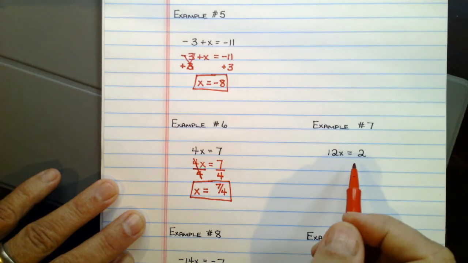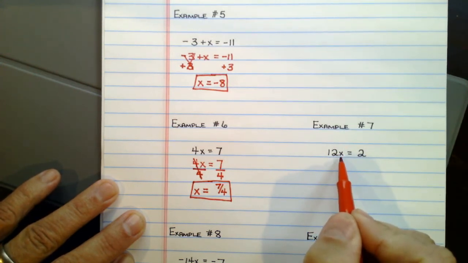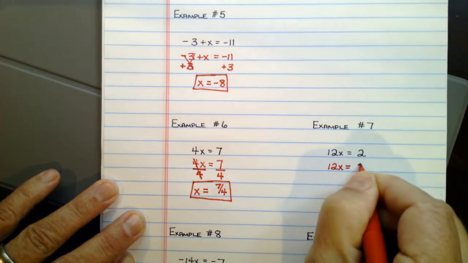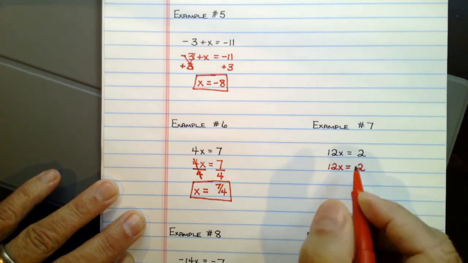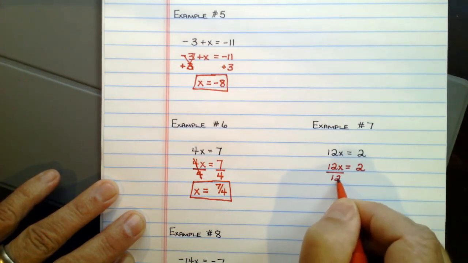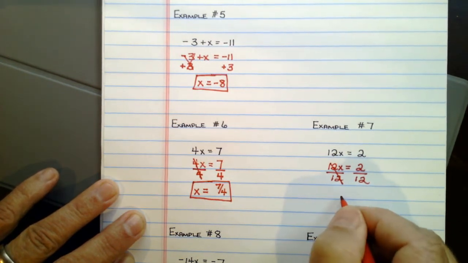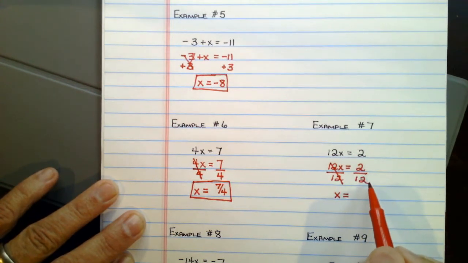Let's look at this one. Same thing. 12 is right by that x in example number 7. 12 is right by the x. So that means those things are being multiplied together. The opposite of multiplying is dividing. I'm going to divide both sides by 12. The 12s cancel out. X is equal to, all fractions, and this is a fraction, always have to be in